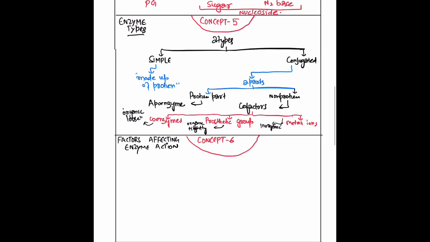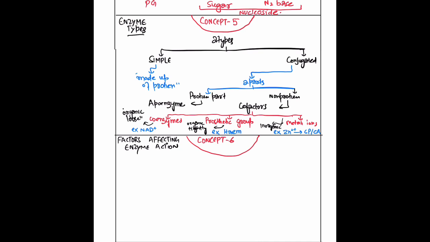Okay, now remember, an example of a coenzyme is NAD+, nicotinamide adenine dinucleotide. It is a coenzyme of dehydrogenases. An example of a prosthetic group is heme, which is a prosthetic group of catalase. An example of a metalloion is Zn2+, which is a metal cofactor of carboxypeptidase, carbonic anhydrase, and many other